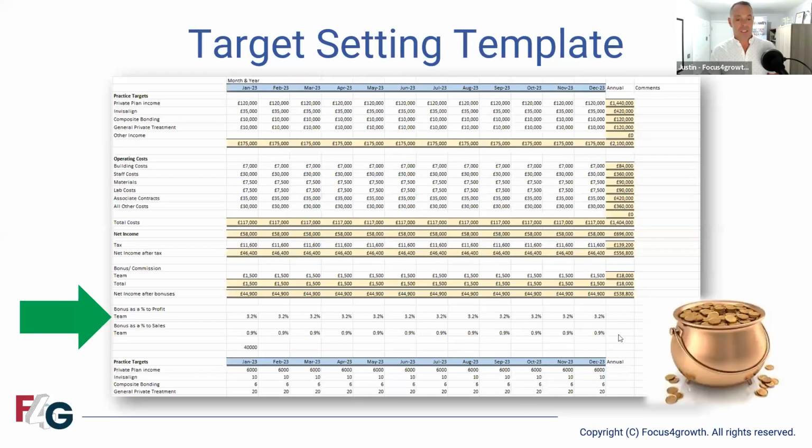And I talked about this, bottom part of this template, whether you use this or any other template. One of the things that really successful businesses and practices do is, as you start to build out your plans, you factor in a portion of profit that you already plan to reinvest in team engagement. It might be bonuses.